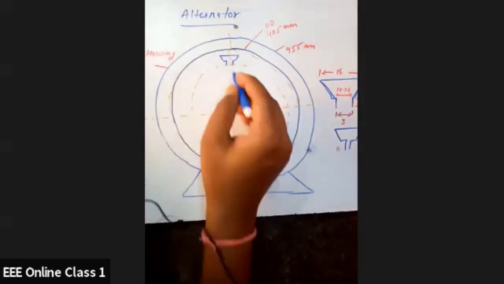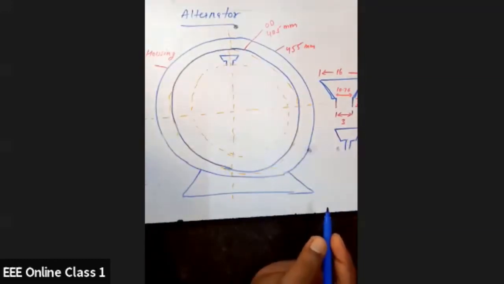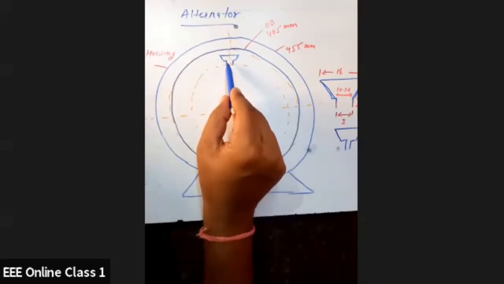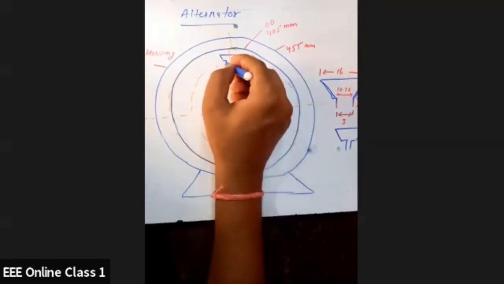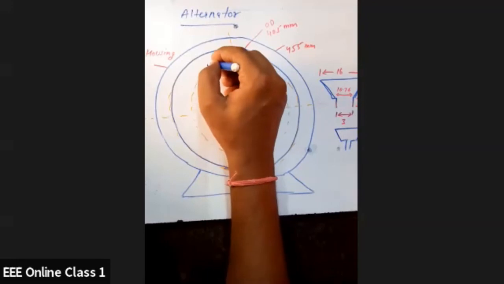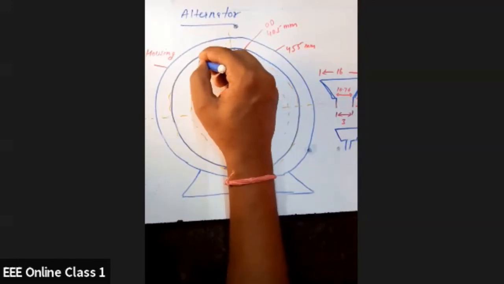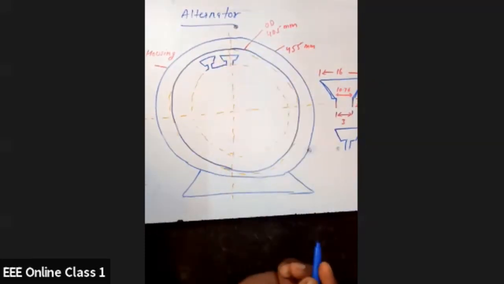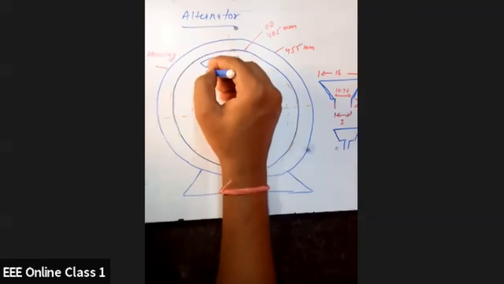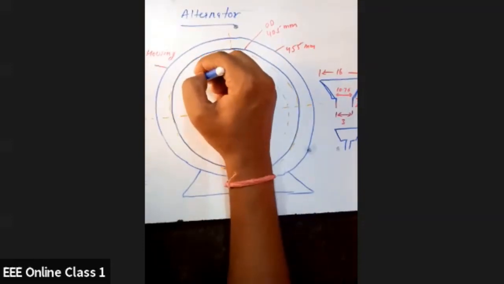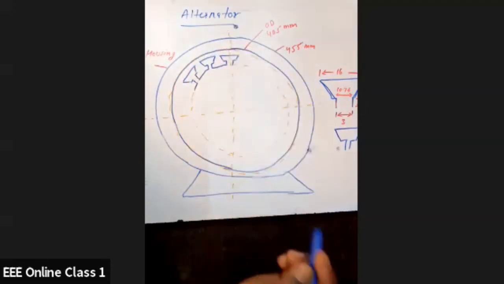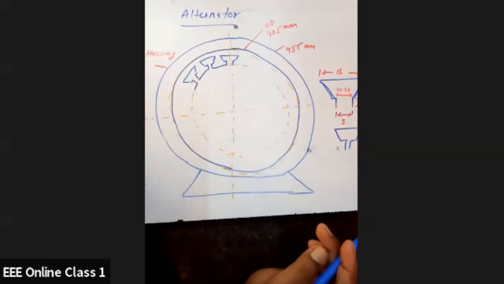This is my one slot. Now you make a polar array, and the number of slots is 48. So it goes like this. Again, it goes like this. So this becomes slot,